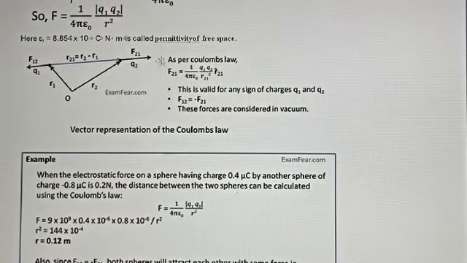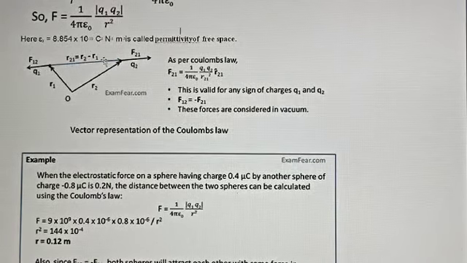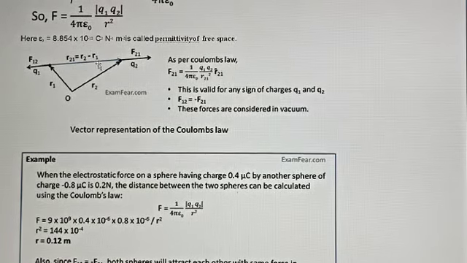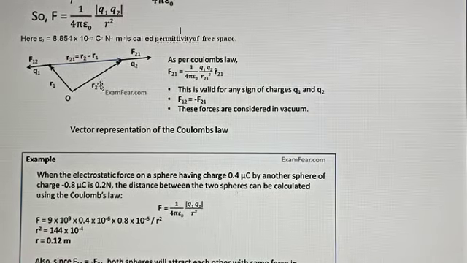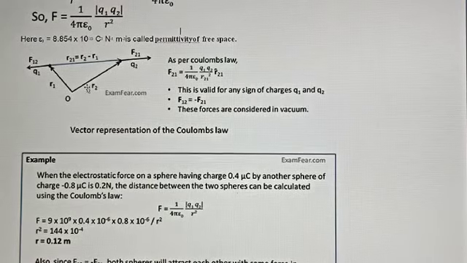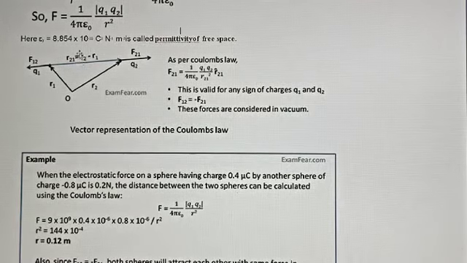Now you can see these two forces are acting on the line joining the two charges. So that is why this force is called central force. Now you have to apply the concept of triangle law of vector addition. This is R1, this is R2. So this is R21. You see the direction of R21. Now in this diagram you can see that the direction of F21 is similar to R21. That means F21 is acting along this direction, which is similar to R21.